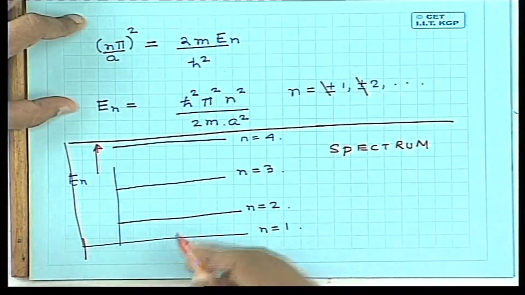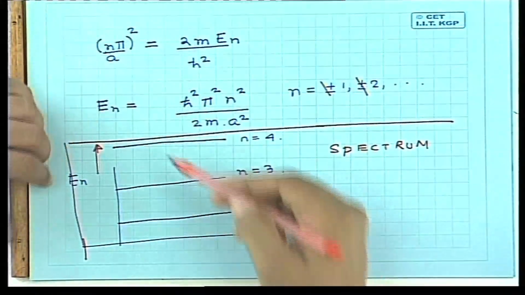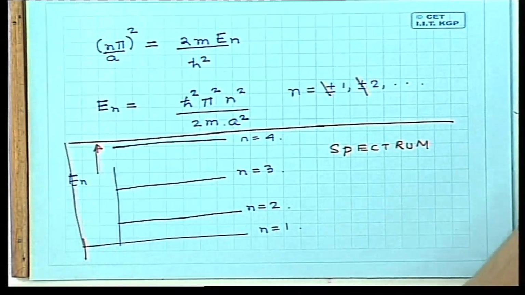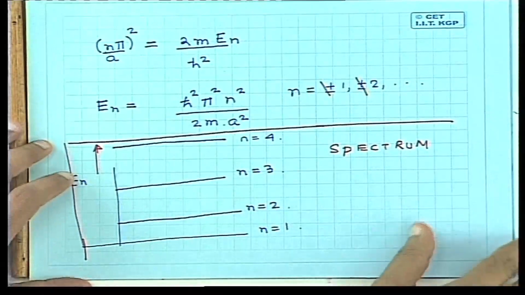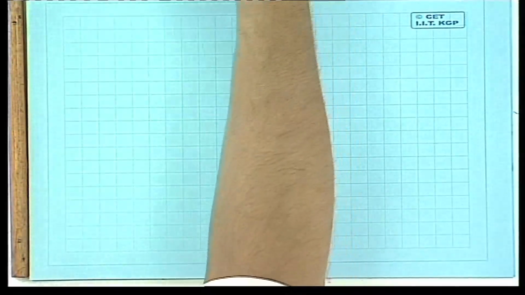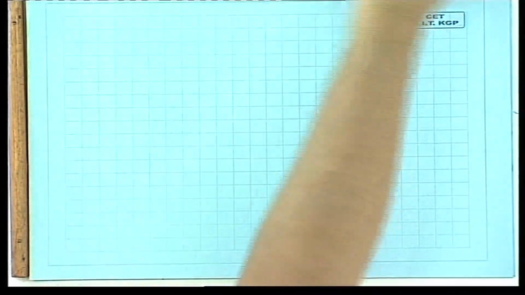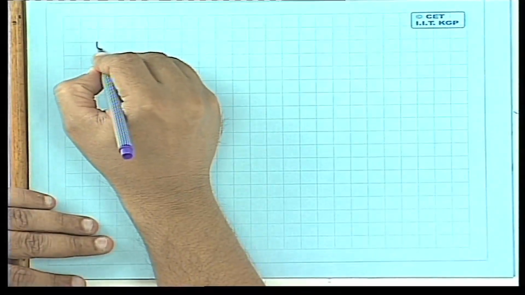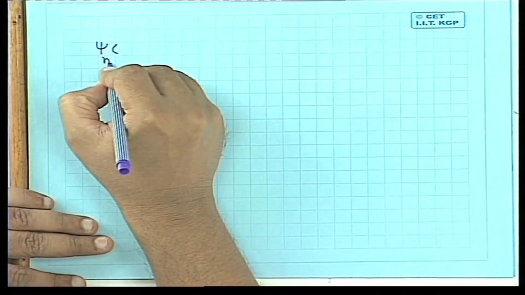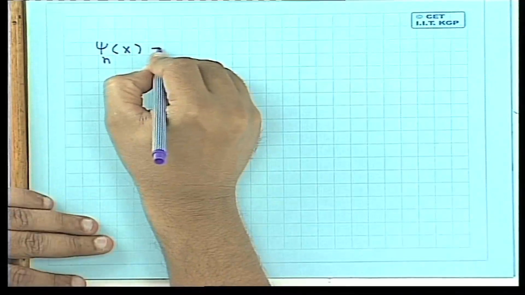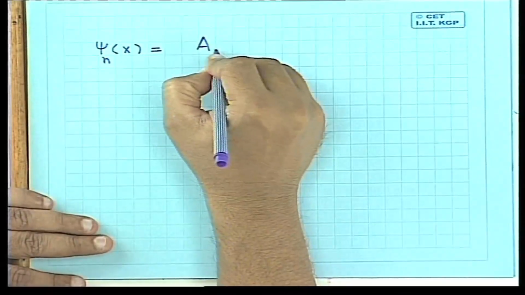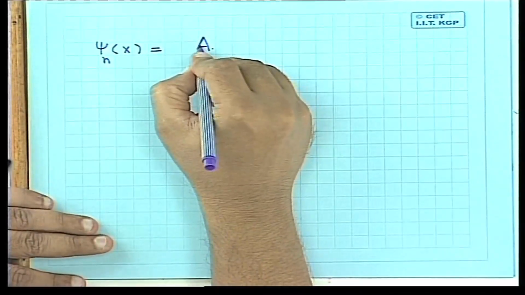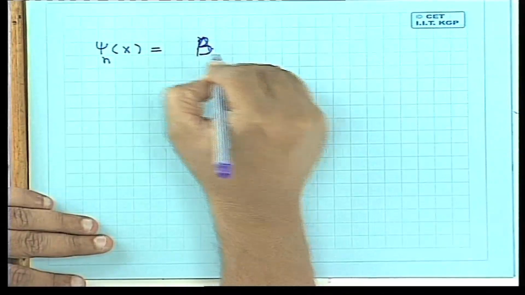And there is no upper limit, so it can just keep on increasing. What are the corresponding wave functions? Let me also put that down. So we found that k has to be equal to n pi by a. So the wave functions psi n x are equal to some coefficient, let us use b, sticking to our convention, b n